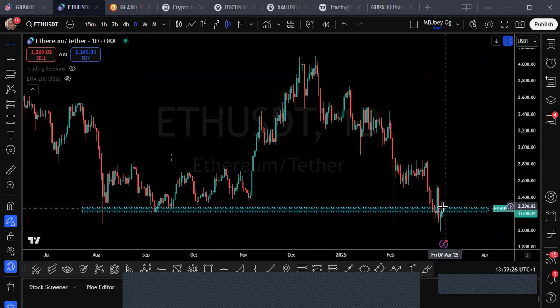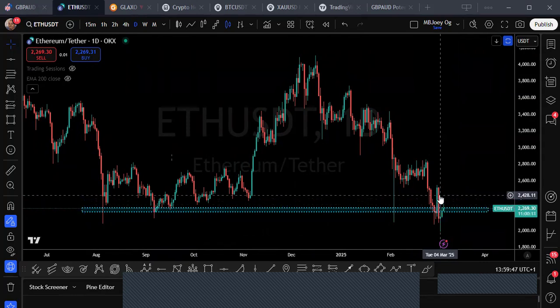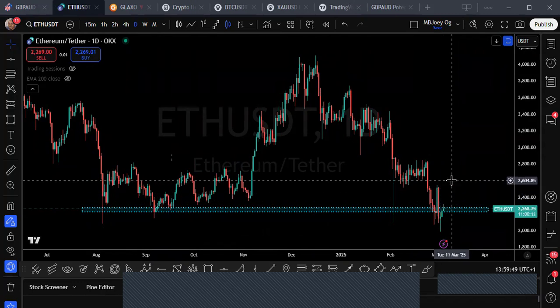What I'm expecting it to do now is reject this place and make it a valid resistance. It has broken the support. All I'm waiting for now is to reject this point and make it a valid resistance. If it becomes a valid resistance, guess what? I'm selling. But I just feel it won't be valid if it keeps going down. Right now, I don't think for the immediate term